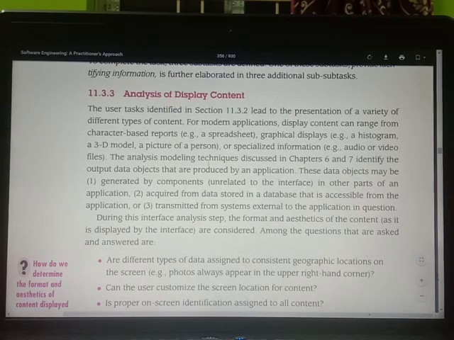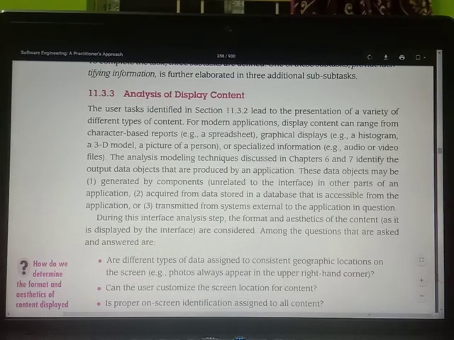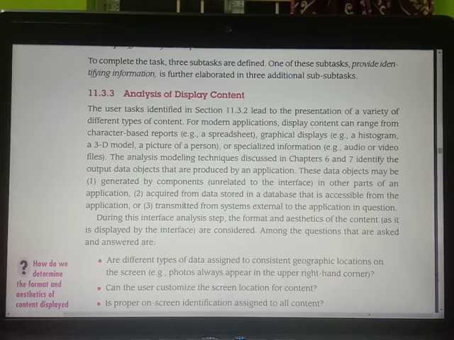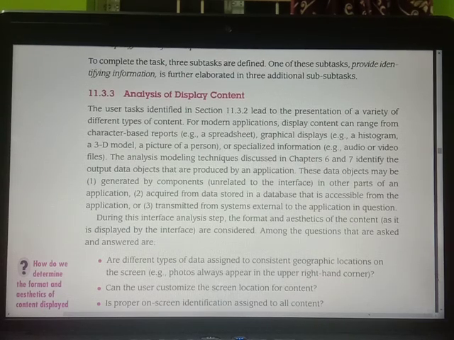The analysis modeling techniques identify data objects that are produced by an application. These data objects may be generated by components in other parts of an application, acquired from data stored in a database that is accessible from the application, or transmitted from systems external to the application in question.